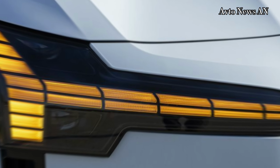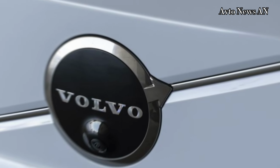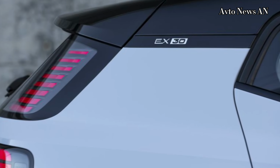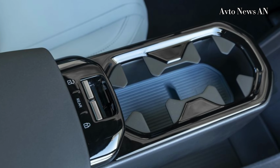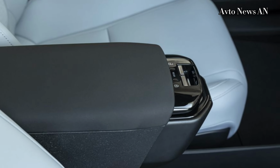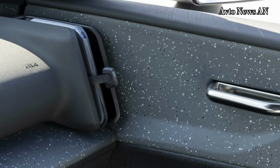The Volvo EX30 has a RRP range of £33,795 to £44,495. Prices start at £33,795 if paying cash. Under the hood, the 2024 Volvo EX30 boasts an impressive powertrain that delivers a harmonious blend